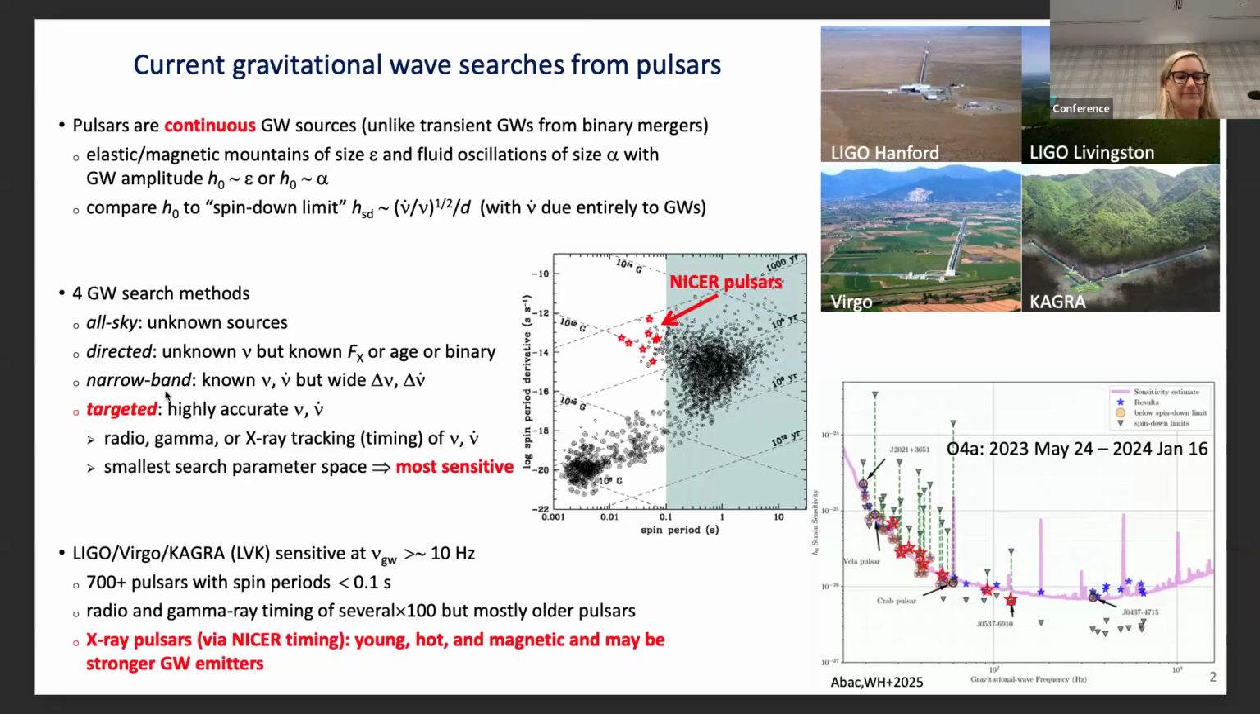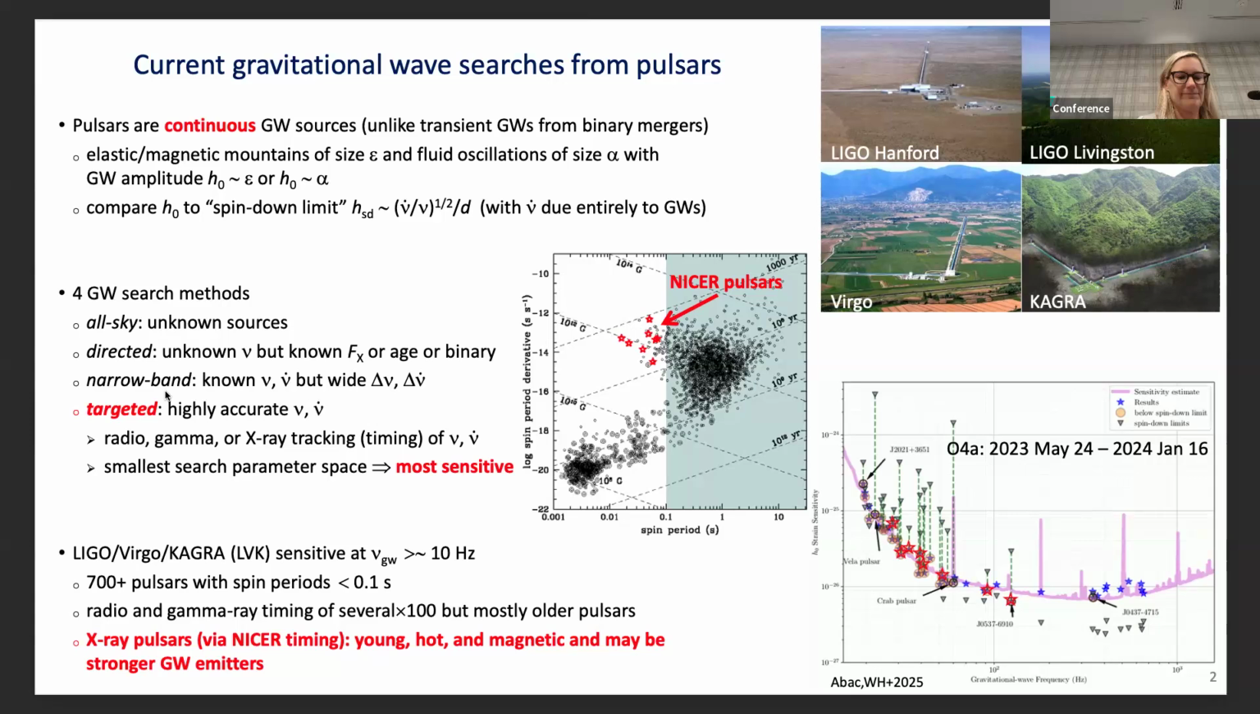Now, the asymmetry of the pulsar can come from either an elastic mountain or a magnetic mountain. They can also come from fluid oscillations. The size of the mountain or the fluid oscillation basically scales directly with the gravitational wave amplitude, which is usually referred to as h naught. Now we can compare this measured value, the gravitational wave amplitude, to what